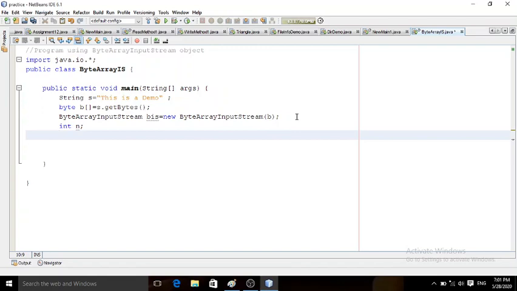In the last lecture we saw that if we are reading byte by byte with the read method and there is the end of the stream, it returns the value -1. That means we have to read byte by byte from the array until -1. I am using a while loop here. Whatever value I get from the read method, I will store in n because it will be an integer. So n equals, what is our object name?